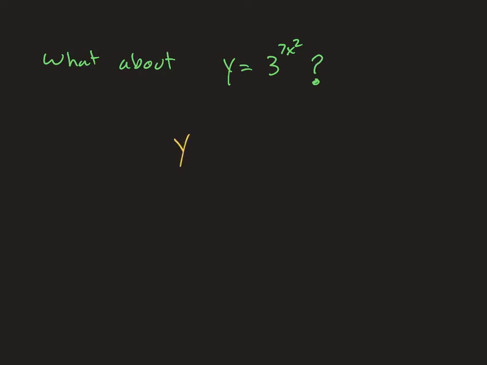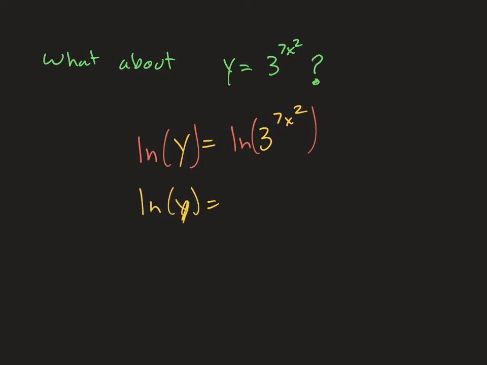We're going to write down the equation, y equals 3 to the 7x squared, and we're actually going to take the logarithm of both sides. We're going to apply natural log of whatever function is there, in this case natural log of y, and then natural log of 3 to the 7x squared to both sides. And then we're going to use the rules of logarithms from algebra class to transform this into something that we can do the derivative of. So check this out. We happen to know that